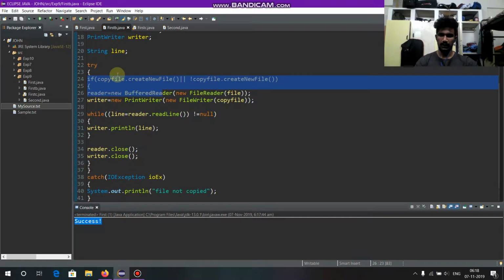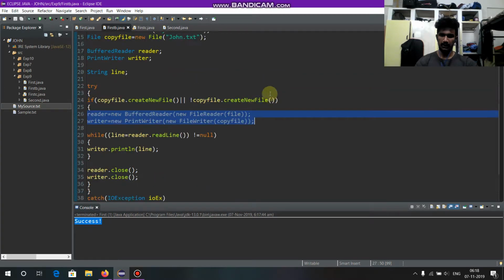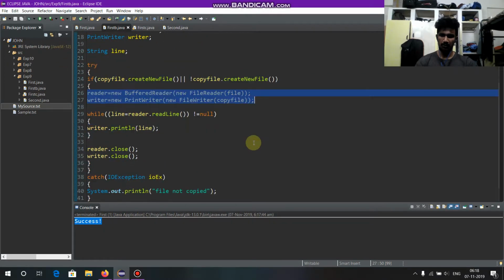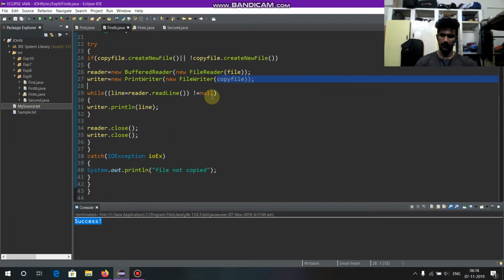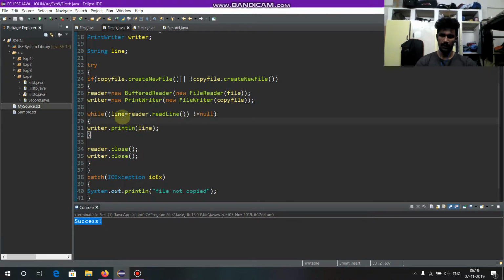If there are no files found, it will be creating a new file. So we're going to implement this. One will be file, another will be the copy file. The content in the file should be read, and this read content should be written in the copy file, which is john.txt. So while line equal to reader.readLine is not equal to null,